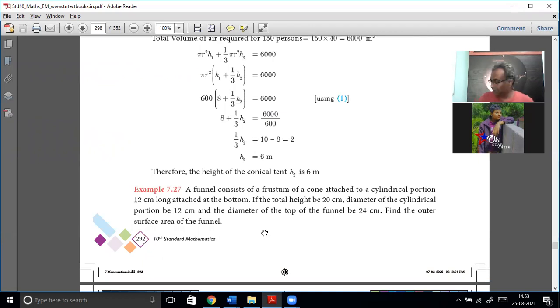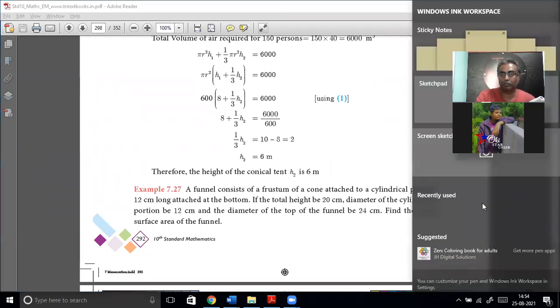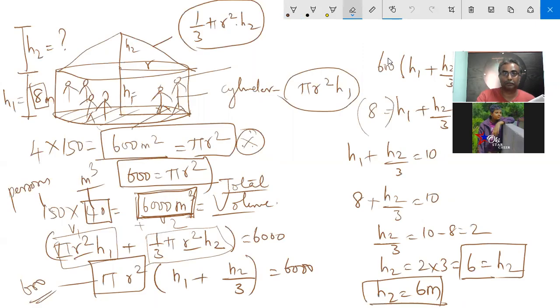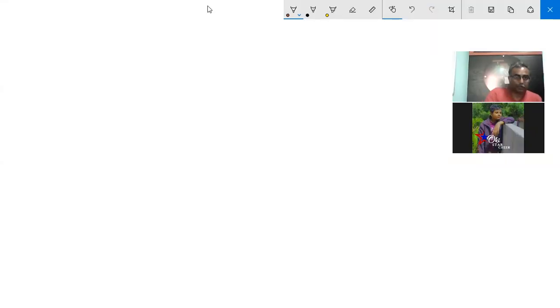Let us see one more example today. A funnel consists of a frustum of a cone attached to a cylindrical portion. Okay, how to do this sum? First, you have to get the diagram correct. You have to imagine the diagram correct. The funnel consists of the